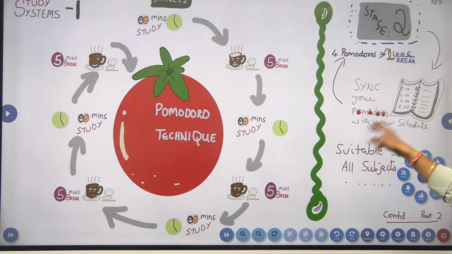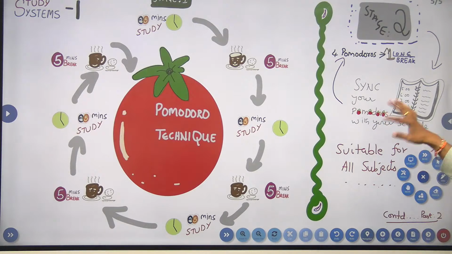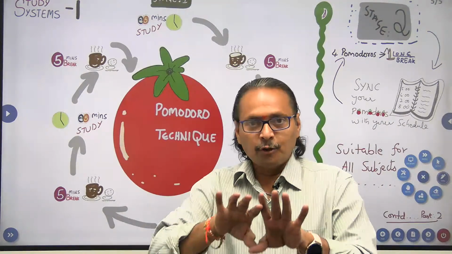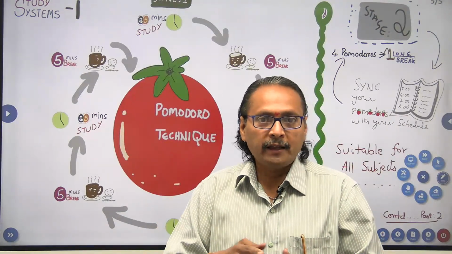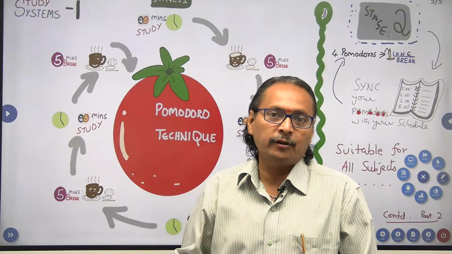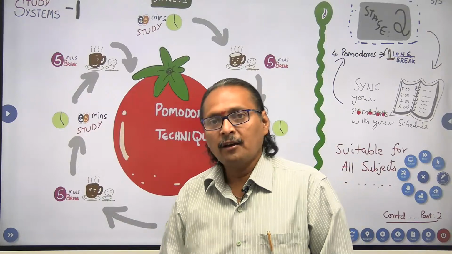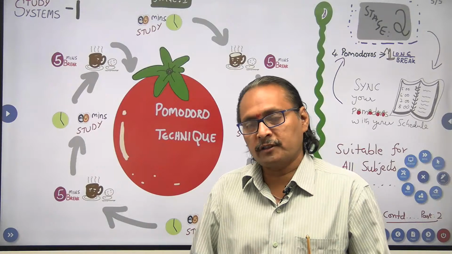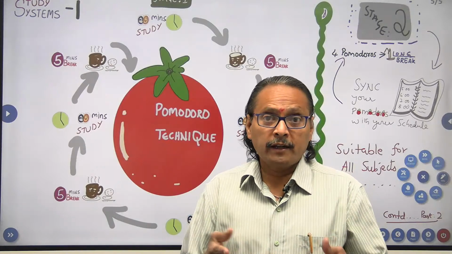Okay, between 5 and 6 I do this, between 6 and 7 I do this. Like that, you make your own plan with 2 subjects or 2 topics of the same subject. The choice is yours, because each mind is entirely different. It glows entirely differently, so I cannot prescribe. I can only prescribe the time limit. The maximum limit is 25 minutes. Please don't cross that. Of course, there are people who say they have been studying 18 hours, 20 hours, 22 hours, like that. I don't know with what efficacy they do.